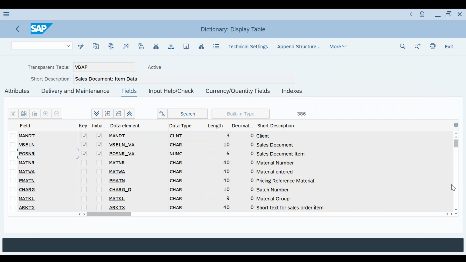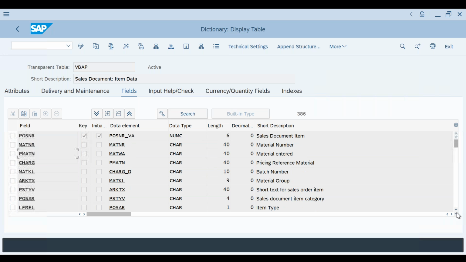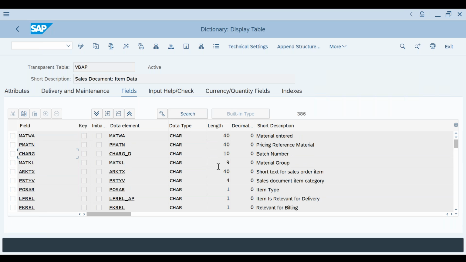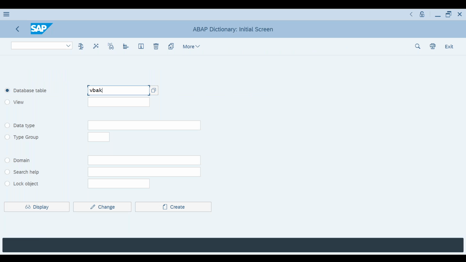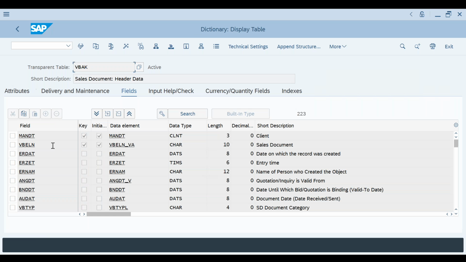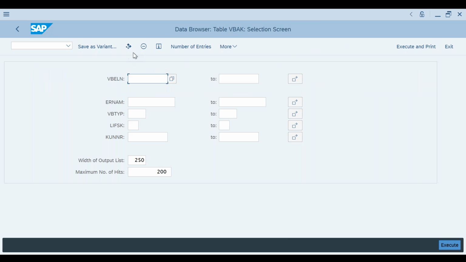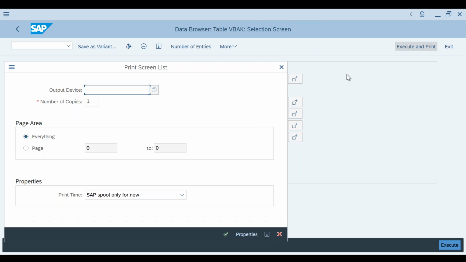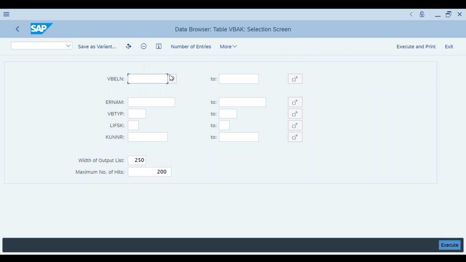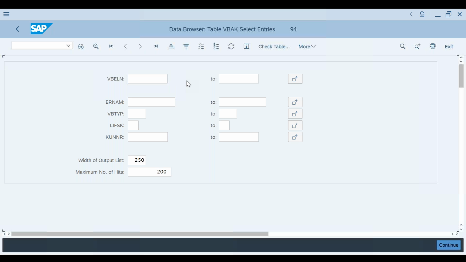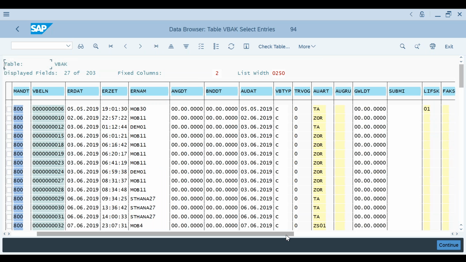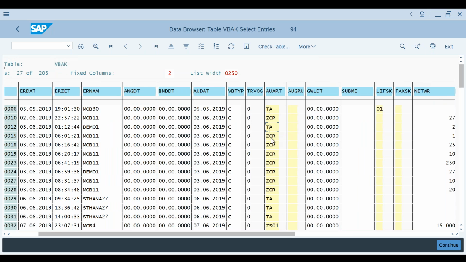What else can we take? Let's do one thing, we also take VBAK. Let's see the example. You have sales order type, AUART, right? You have AUART.